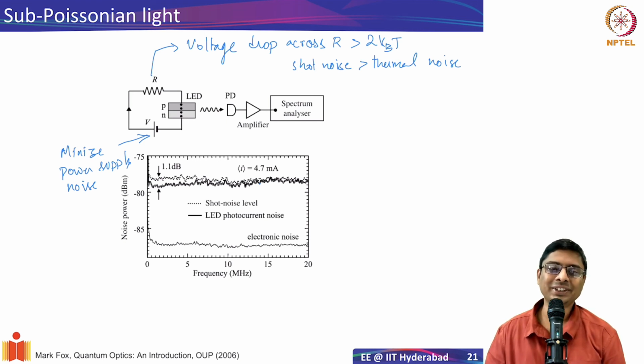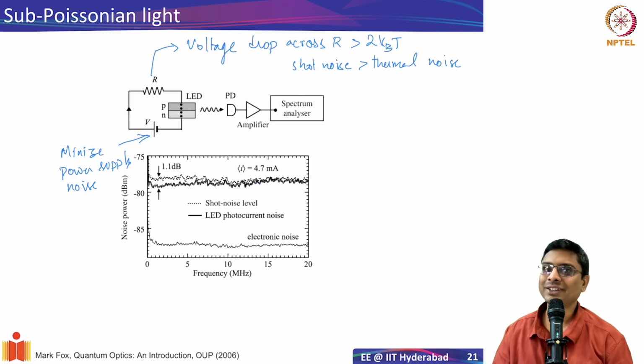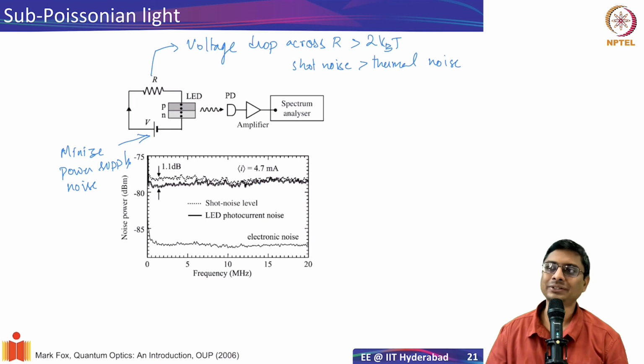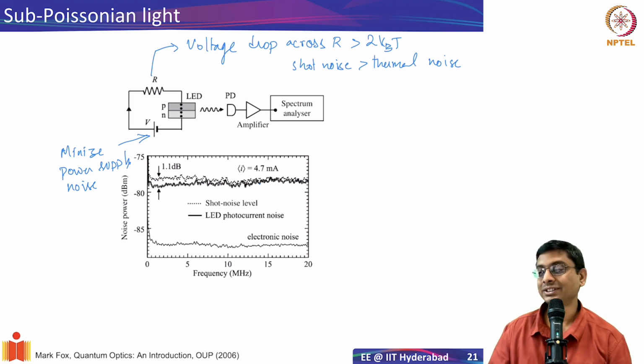The question is, we are using an amplifier. Doesn't it add noise? Well, it does. So if you want to do that, we'll have to have specialized amplifiers, which actually even have an additional DC power source inside. They have a battery. You disconnect it from the mains and you run it on the battery so that it adds a minimum amount of noise. Low noise amplifiers, we call them. We don't add noise through that. We have to be careful about all this. So actually, this is a very tricky process because how do you make sure that you eliminate everything else and actually see it? It's not that simple.